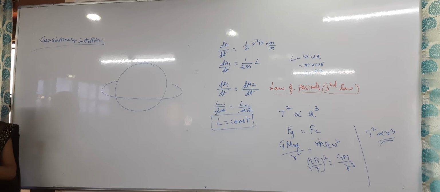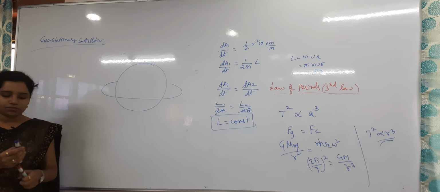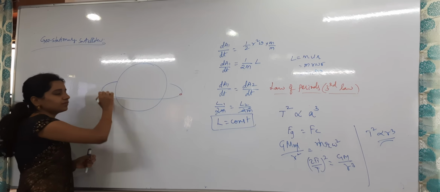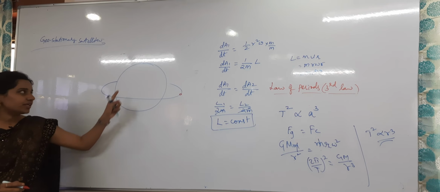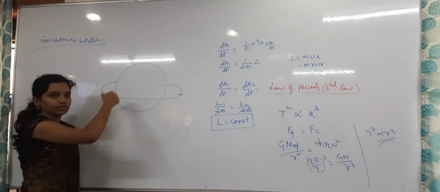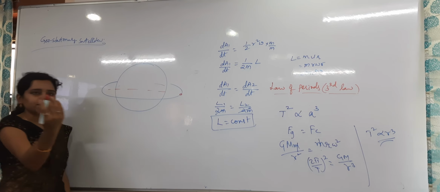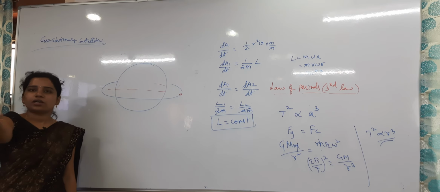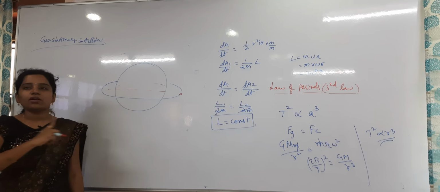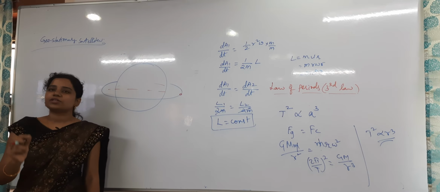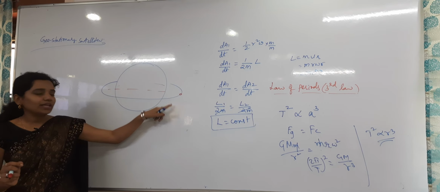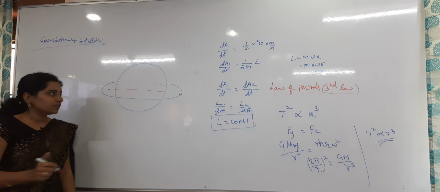The time period is 24 hours only. Also, a geostationary satellite is a satellite that always lies in the equatorial plane of the earth. For example, this is the earth and this is the equatorial plane. I can draw it with a line, but inside is a sphere, and around the sphere one line will be there. That is the equatorial plane. Around that an orbit will be there. All geostationary satellites should be placed in which plane? The equatorial plane of the orbit.